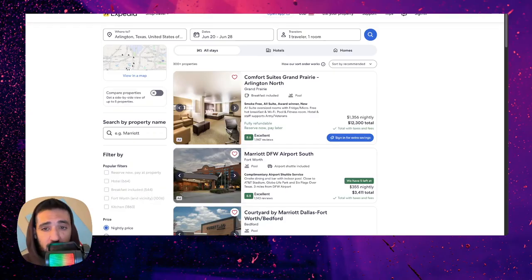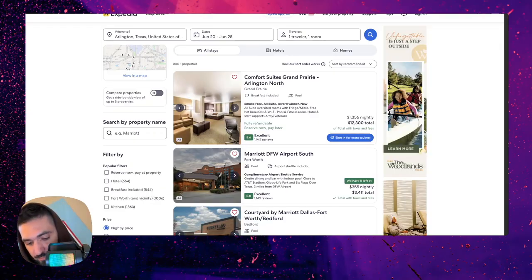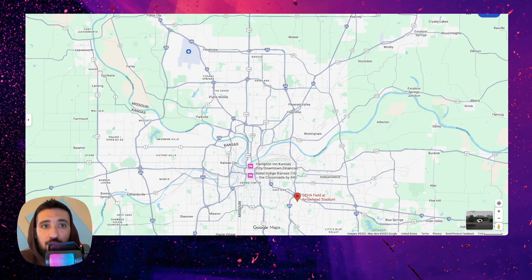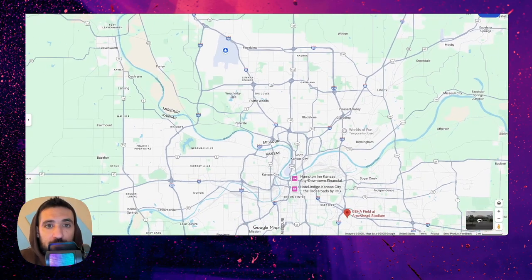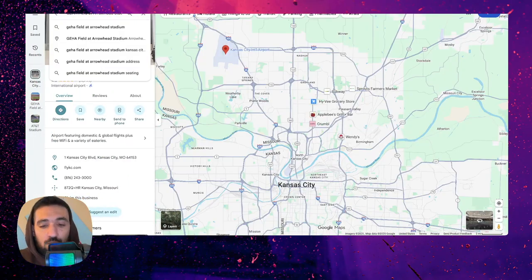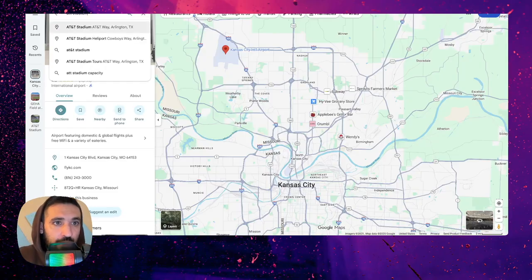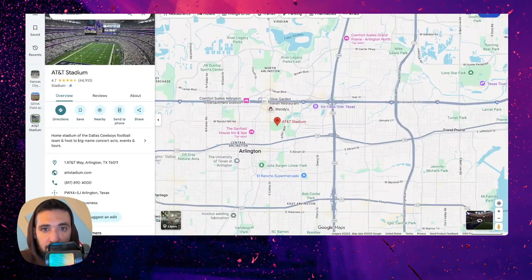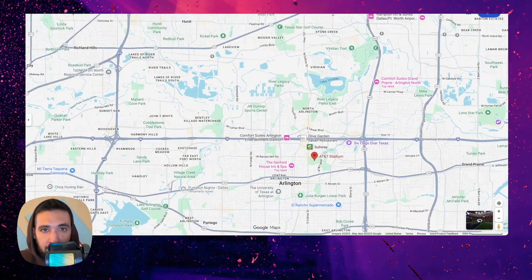And again, we're gonna use the same standard of near the airport. And then we'll check to see here. We'll put AT&T Stadium in Arlington, Texas. So then we can check to see where the stadium is compared to the airport.